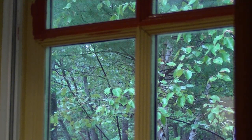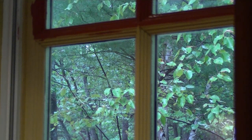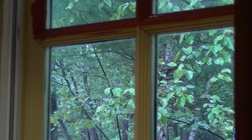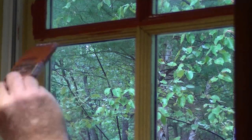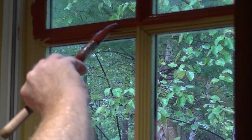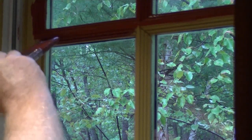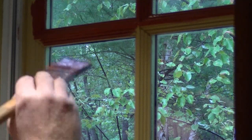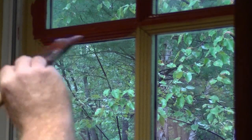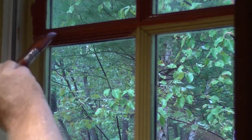So as you can see, we're progressing along quite nicely with our cutting in of the Muntin bars, and I'll just demonstrate how I go about doing this. So we want to start by laying down the wet brush into the body of the Muntin bar. Now this is a pretty wide bar, it could be a narrow bar, but the principle is the same. We have to judge how much paint we lay down. And then using the tip of the brush, we just point in